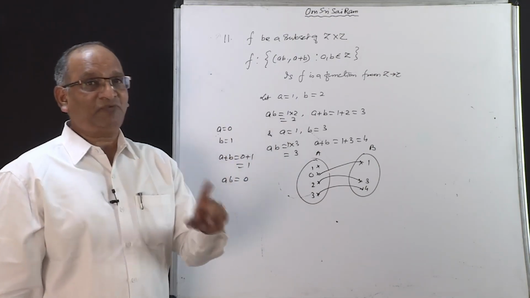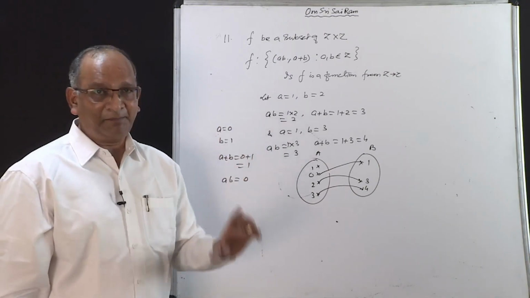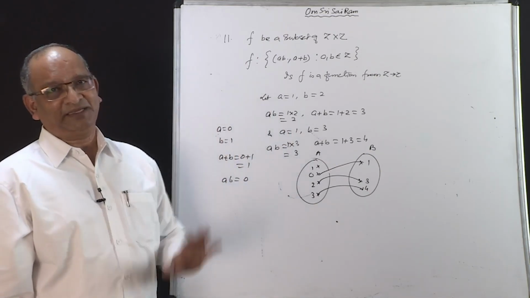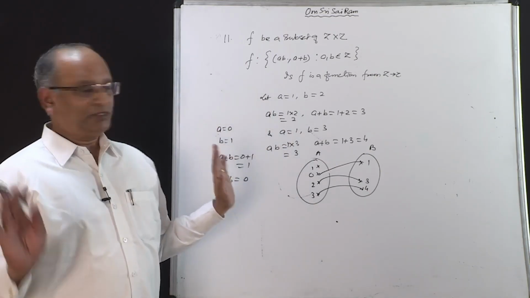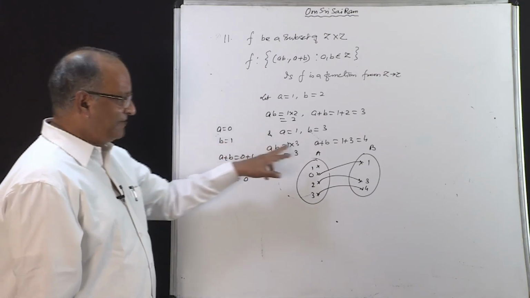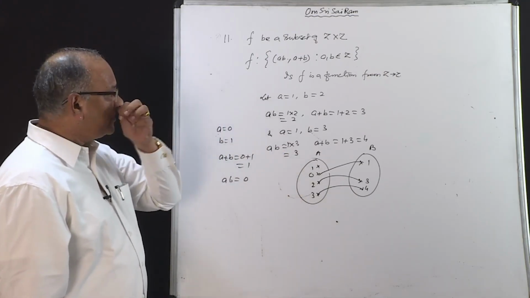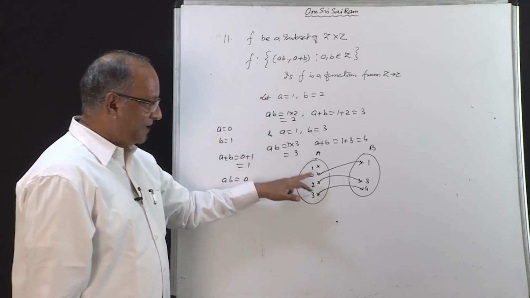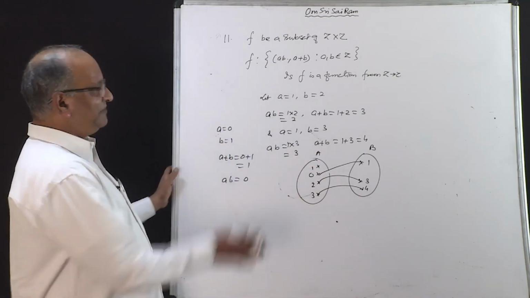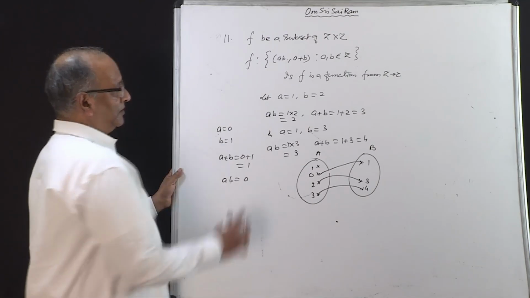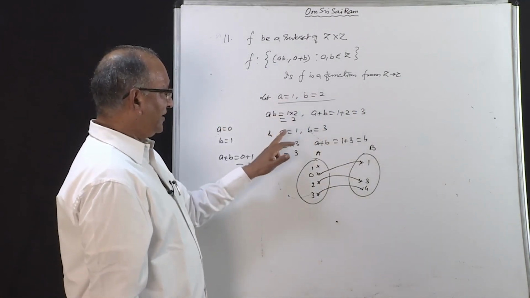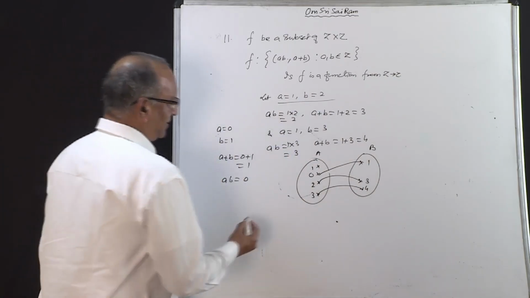Suppose you are able to find even a single example in which one element is giving more than one image, then it is not true. Just think about it for a while. Can we take some other values, and in that case get the same element giving 2 images? Any value you can choose. Think about it for a while. We have taken 1 2, we have taken 1 3, let us say 2 3.